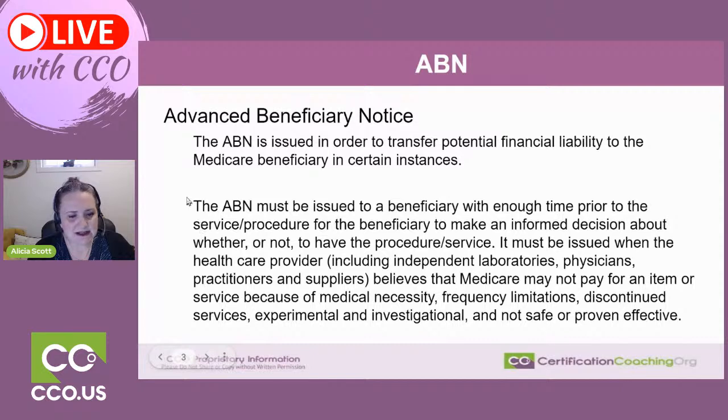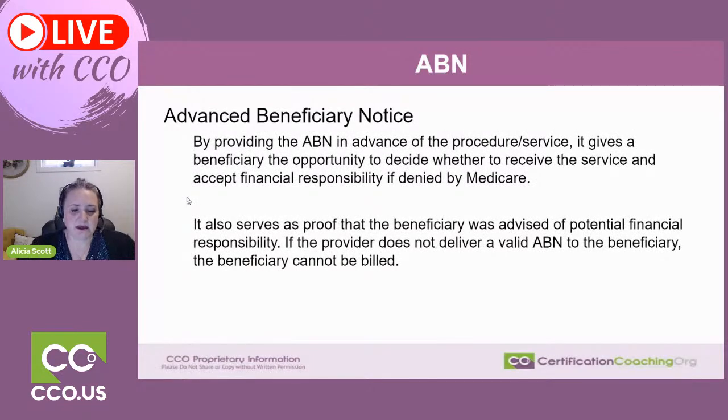Now, let's see. On the ABN, it also serves as proof. I just wanted to wrap up by saying that the beneficiary or the patient is advised. Okay, so it's a paper that has all that information, their liability or risk, or how much it's going to pay out of pocket. And it is notable that if the provider doesn't give an ABN and click all the boxes and do it correctly, then the provider will end up paying